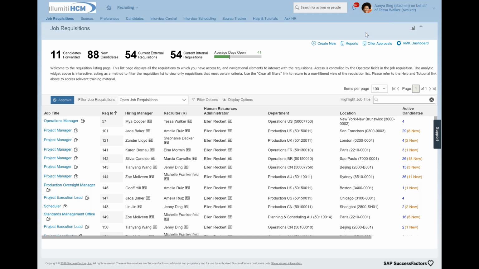There is a question about the number of languages that are supported. There are 46 different languages that we currently support for our solution. When the user logs in, it keys off of Internet browser language settings, as well as the language indicator in the employee or manager or recruiter's profile.